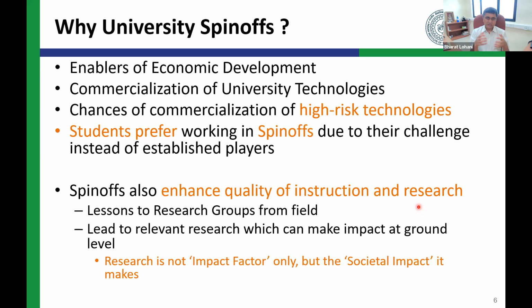Rather, there should be some impact that can be made by the research in terms of a product or in terms of directly reaching the people in some way. You will notice now that many funding agencies are asking you to have a kind of business model for the research that you're doing. The research paper should be published, yes, perfect, but at the same time, how many people the research output can impact is a very, very important thing.